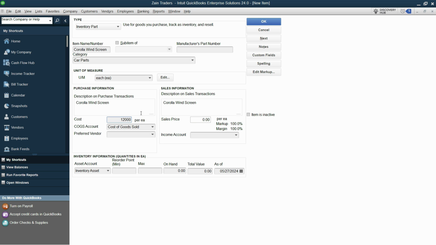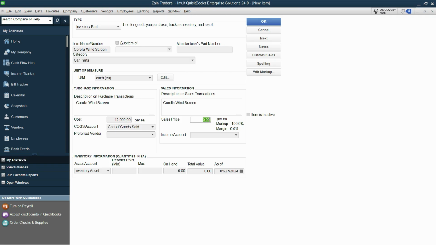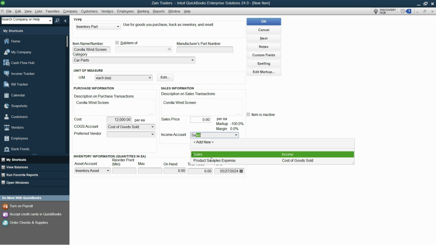Let's copy and paste that. By default, it goes to cost of goods sold account. And the sales price, we don't know the sales price at this point, so we will keep it blank, but the income account will be sales. So let's choose sales here,